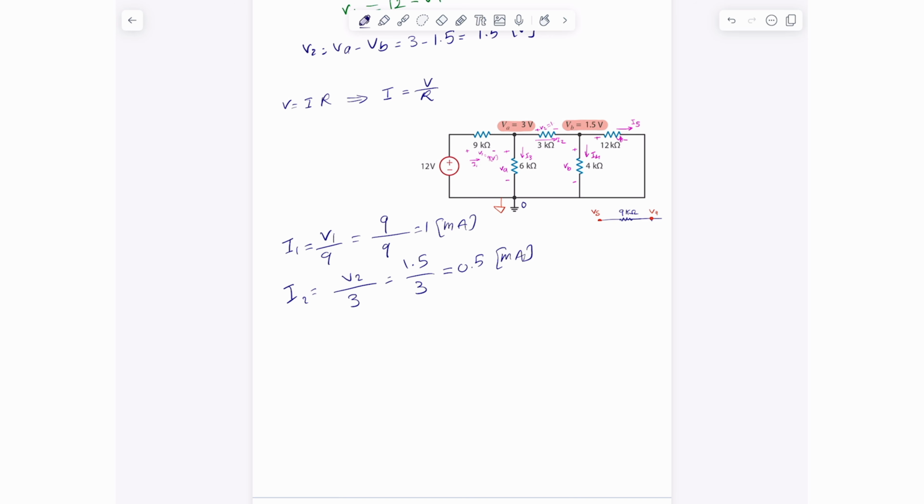All right, you can figure out the rest as well. I3 is simply, you can take a look at it, it's here, it's VA, which is 3 divided by 6 kilo ohms, which is also half a milliamp. And we have I4, which is here, and that's basically VB, which I know is 1.5 divided by 4 kilo ohms, and that equals 0.375 milliamp. And finally, I5 is simply VB, which is 1.5 divided by 12, and that equals 0.125 milliamp. And of course, the final current, you might be interested in the current going through the 12 volts. Well, it is the same current as I1's,